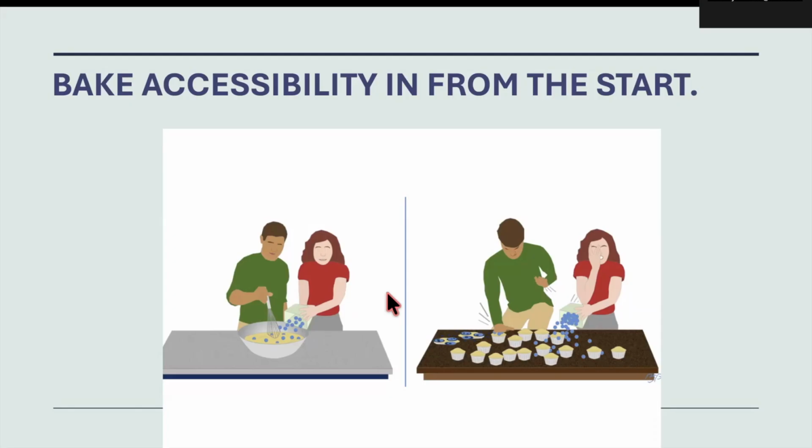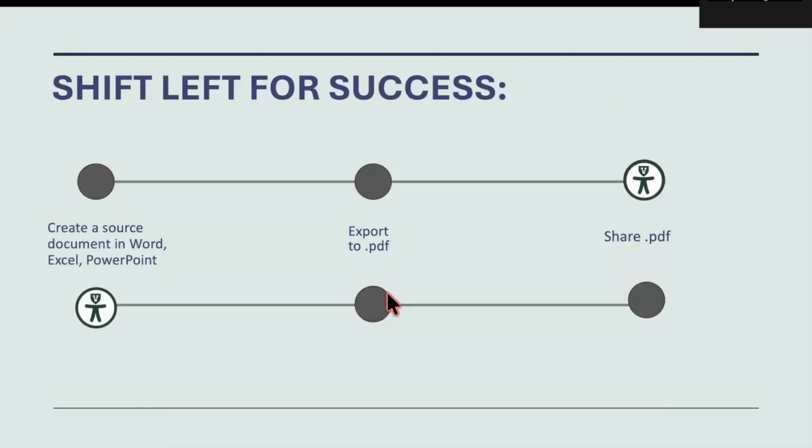So, which seems like the more enjoyable experience to you? I personally know that blueberry muffins come out better when I try to put the blueberries into the batter and then bake it, rather than trying to make the blueberries fit in afterwards. This may be a metaphor for accessibility. In fact, it is a metaphor for accessibility. It is much easier and less expensive and more efficient if you start with accessibility rather than leaving it to the end. This is also known as the shift left theory of accessibility.